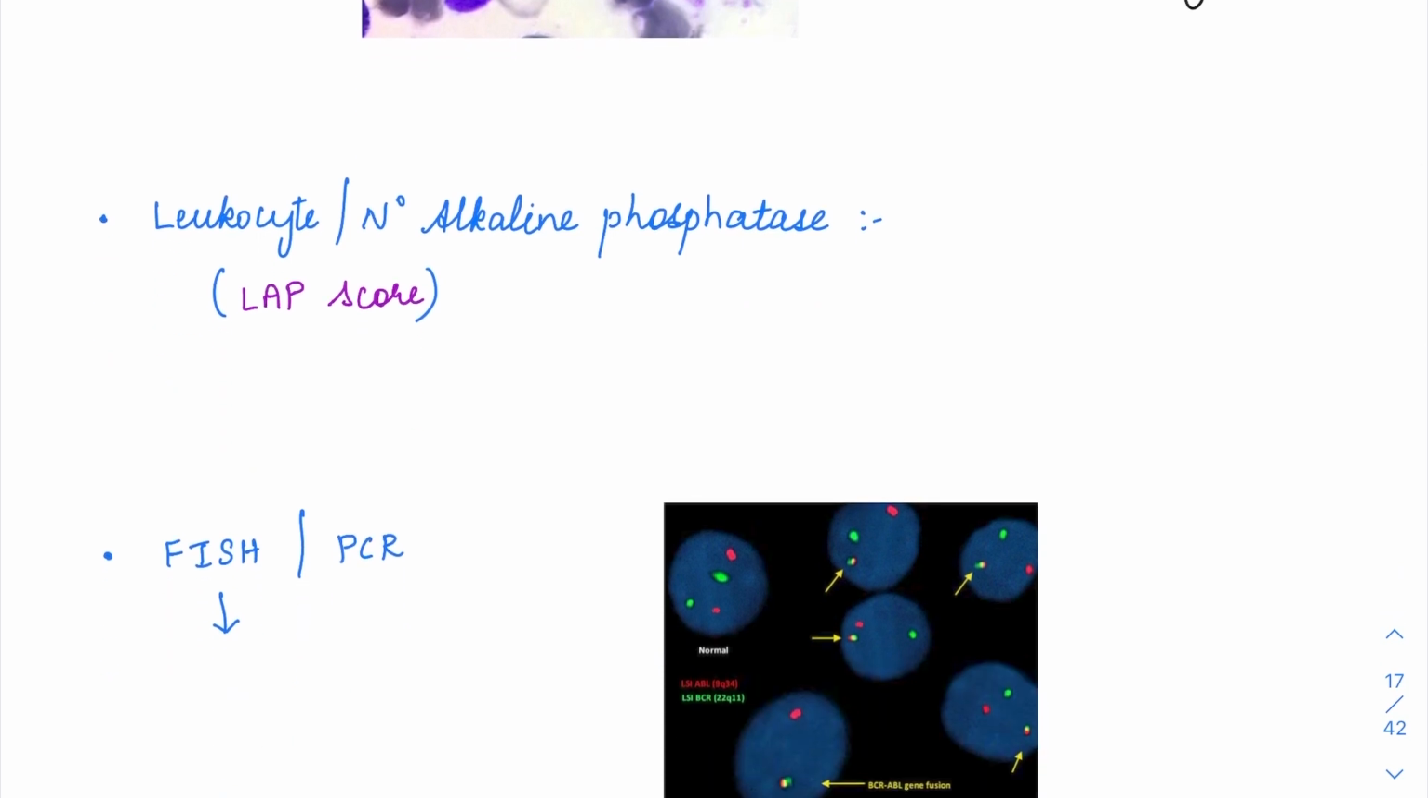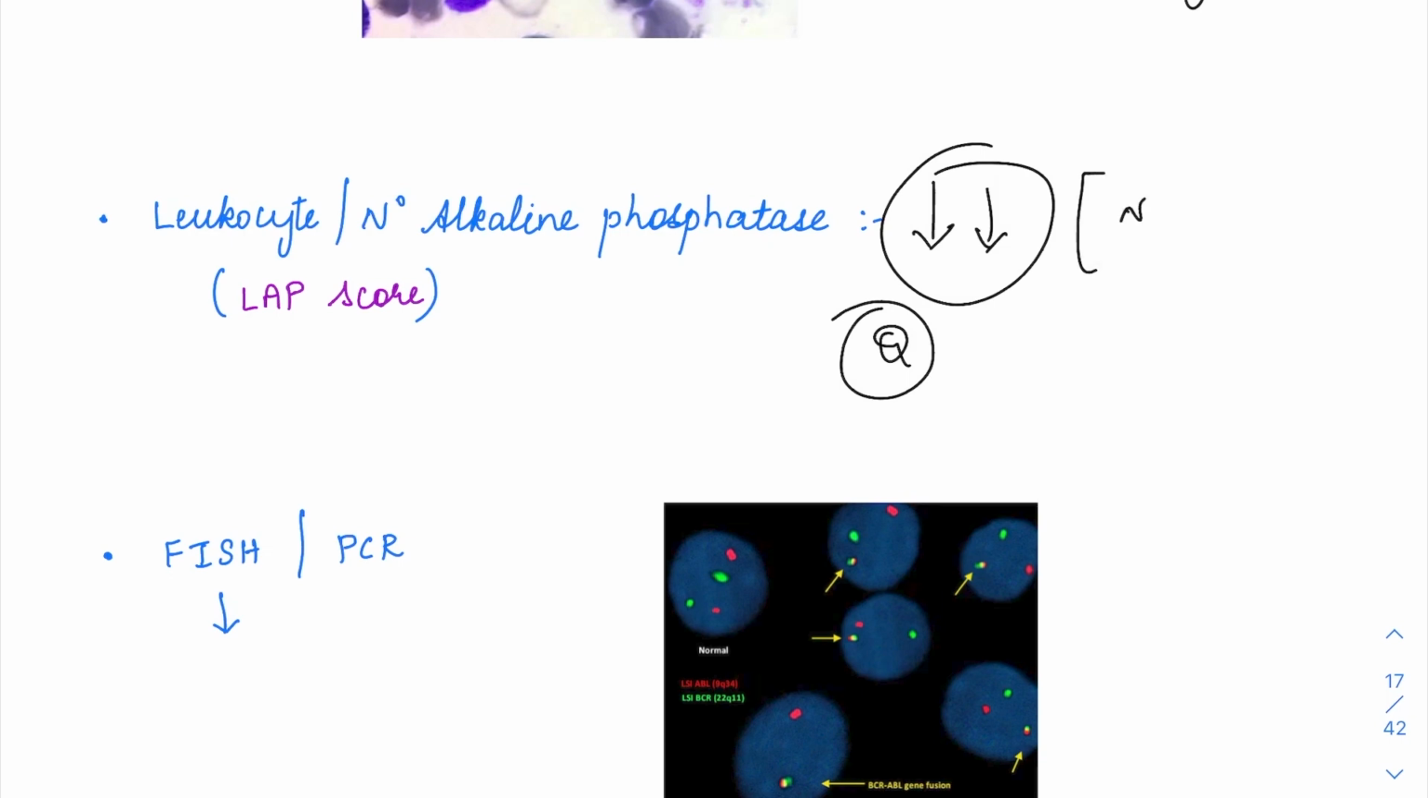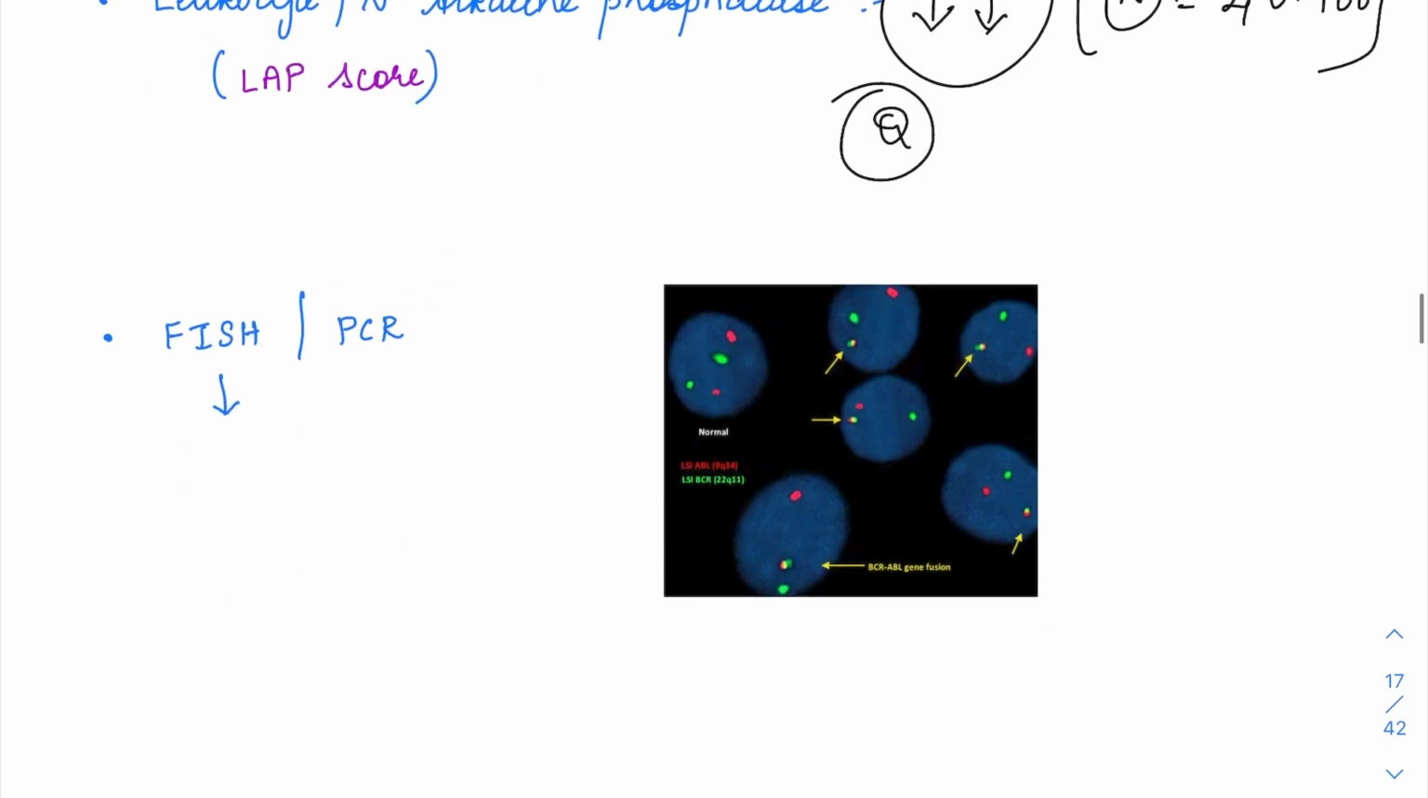And if you do the LAP score, which is the leukocyte or neutrophil alkaline phosphatase, if you do the stain and you count it, this LAP score is going to be decreased. Okay, so this is the characteristic finding. Again, in CML, LAP score will be decreased. The normal score is usually 40 to 100,